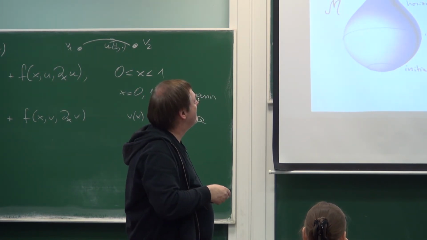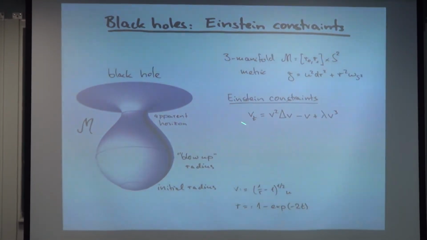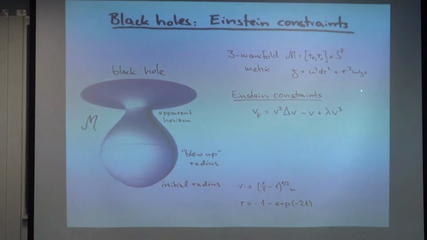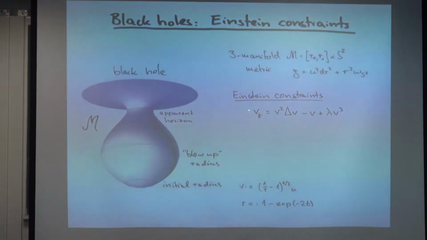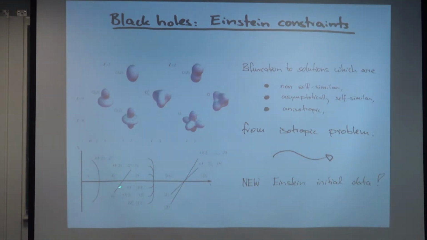So, if I scale, these become a parabolic equation. The Einstein equations themselves are hyperbolic due to the Minkowski metric, but we get a parabolic equation for the Einstein constraints, with a degeneracy, so it looks like a nonlinear heat equation. And we tried to look at that, and we found actually